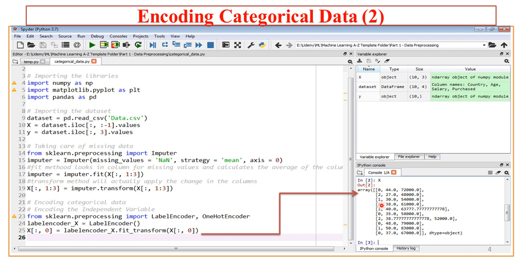Now if you see the output in the IPython console, you will find that the country categorical values like Spain, France and Germany are given these numeric values between 0 and 2. As there are 3 countries, we have 3 values, 0, 1 and 2.